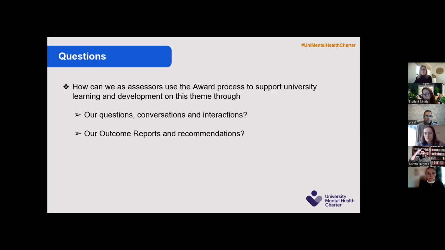I think that's right. I absolutely agree with that. And I think we do ask universities to share with us any data that they've gathered around staff wellbeing. It's notable that quite often that doesn't come. And maybe that's something for us as a team, coming out of this conversation, to think about emphasizing a little bit more, that if you've done not just around mental health and wellbeing, but if you've done stuff around sense of belonging and you've got questions like that on your staff survey, actually we want to see that data to understand that.